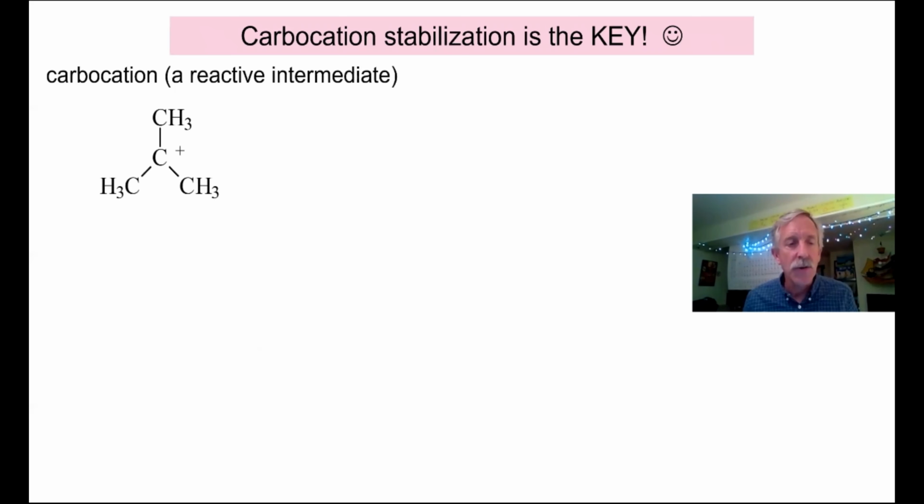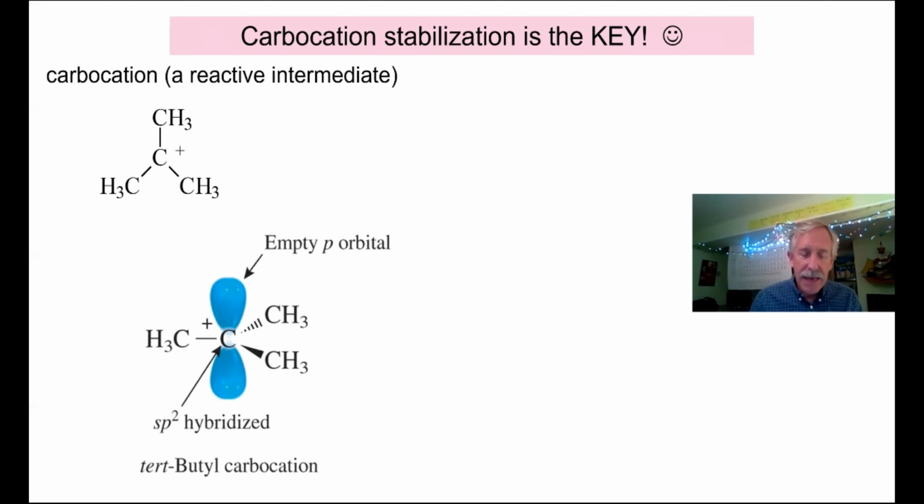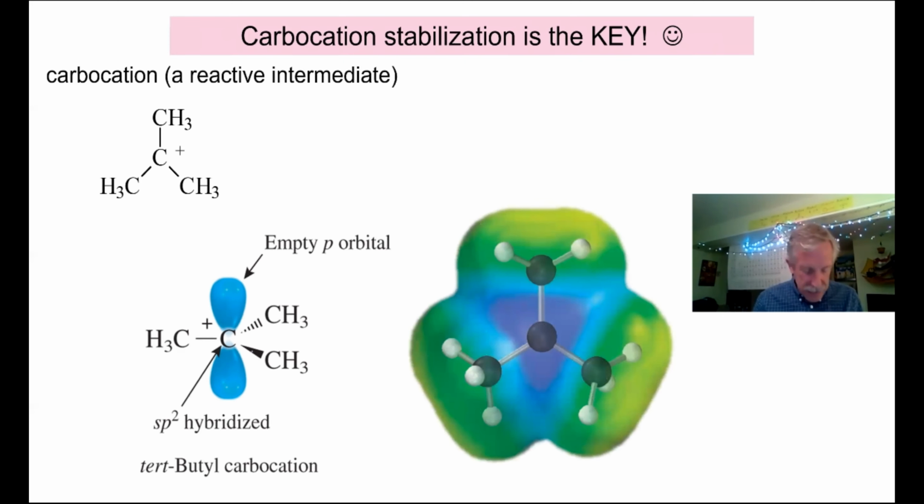So here's the story with 3-bonded carbons. They have this empty p orbital, and again, here is that planar portion. I want you to just keep this in mind. This one has 3 methyl groups attached to it. Big methyls, tons of electron density around here from all these CH bonds, tons of methyl groups nearby this empty p orbital. And so what does electron density, partial negative charge, do when it's nearby an empty p orbital? You guessed it,